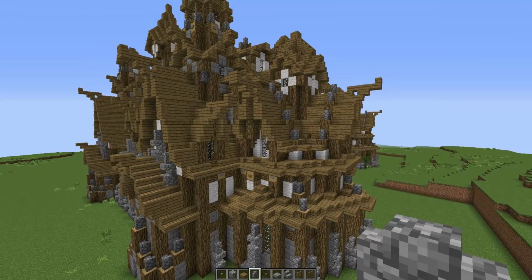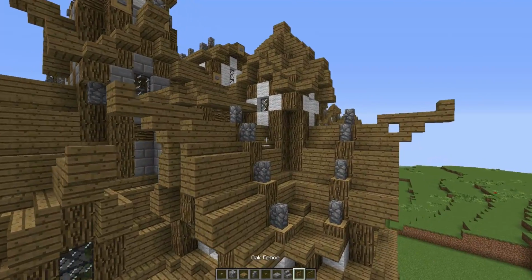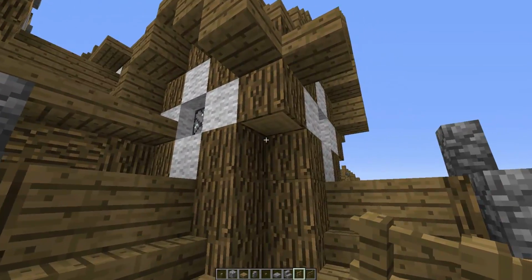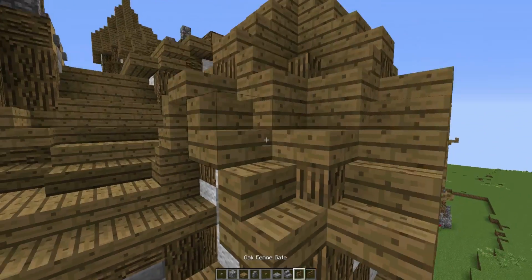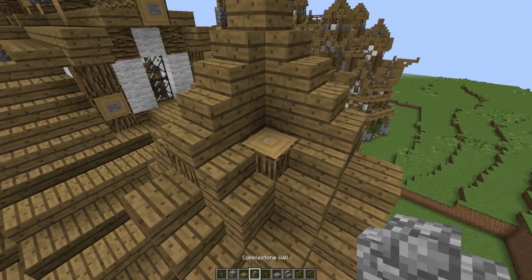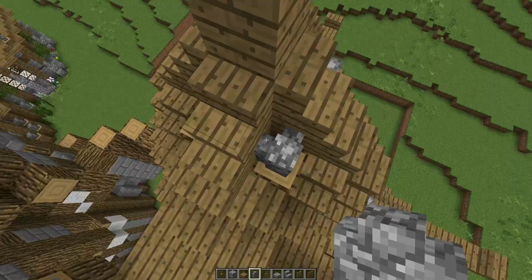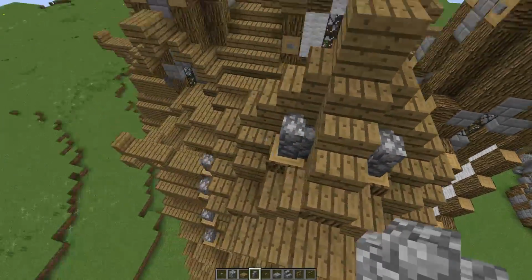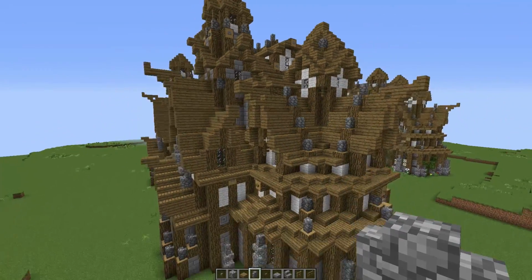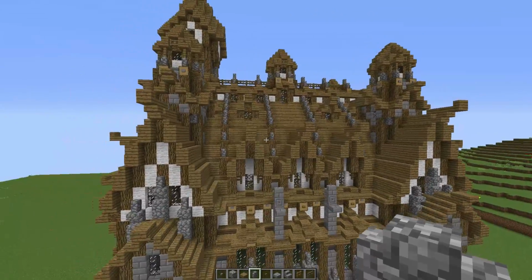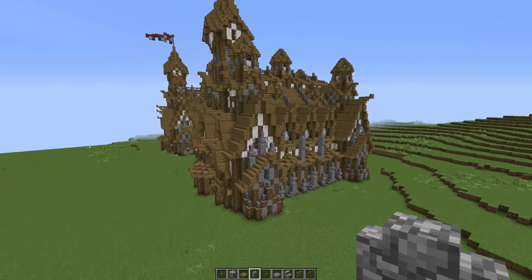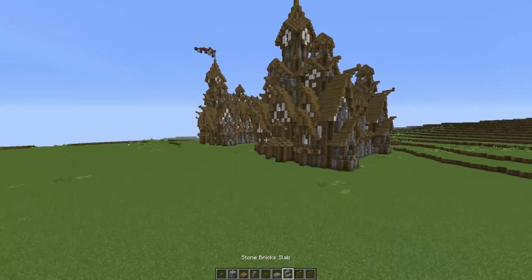like so. And then right here for this tower, what you want to do is to place a fence underneath there, and then it's a cobblestone wall on top of all these logs, like so. And yeah, that's most of the detailing work done. We're going to move on now to